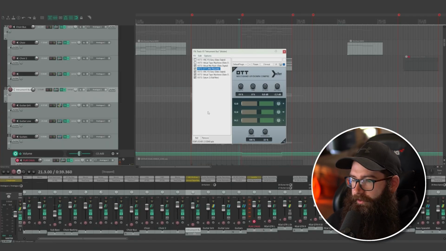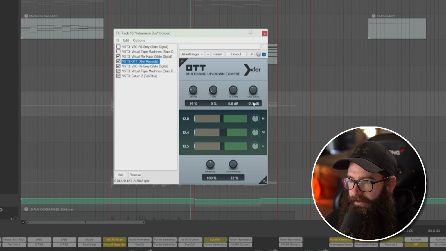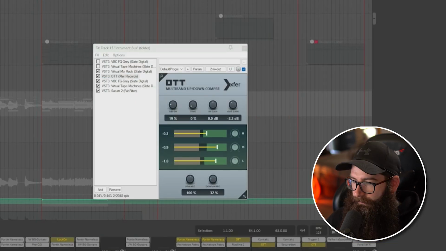On this demo track, I think I used it for the instrument bus here. So this is what it looks like here. I've got the depth, which starts out pretty high, so you turn that way down, and that's pretty much like the mix knob there. And you've obviously got your output gain and everything like that, but it's pretty aggressive. So if I solo the instrument bus here,